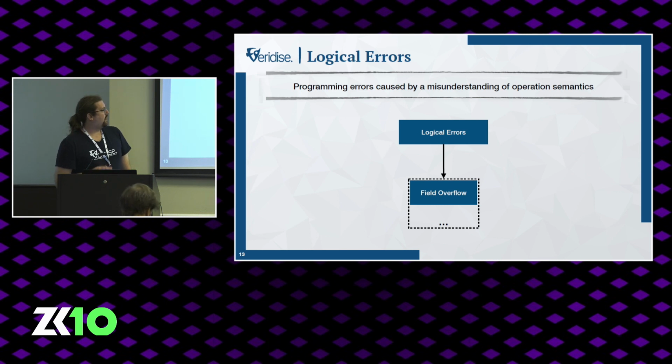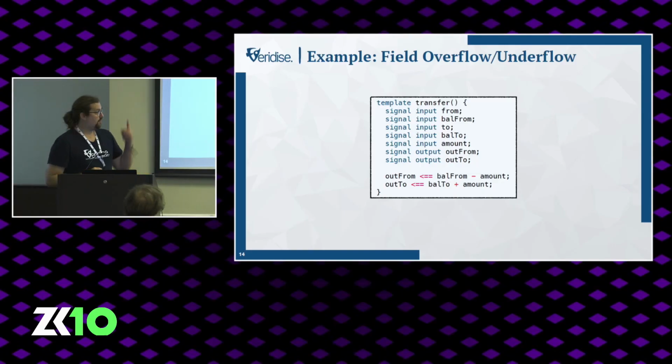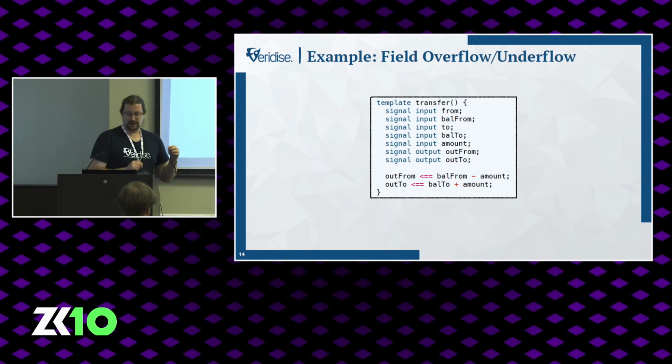So basically, what I'm going to define a logic error as is a programming error caused by someone misunderstanding the semantics of an operation. Whereas with computation constraint bugs, it's caused by someone not encoding the semantics of a particular operation as constraints directly, in this case, someone might not understand the actual semantics of an operation, no matter where it is included. So if we look at this particular case, the important thing here is we have a